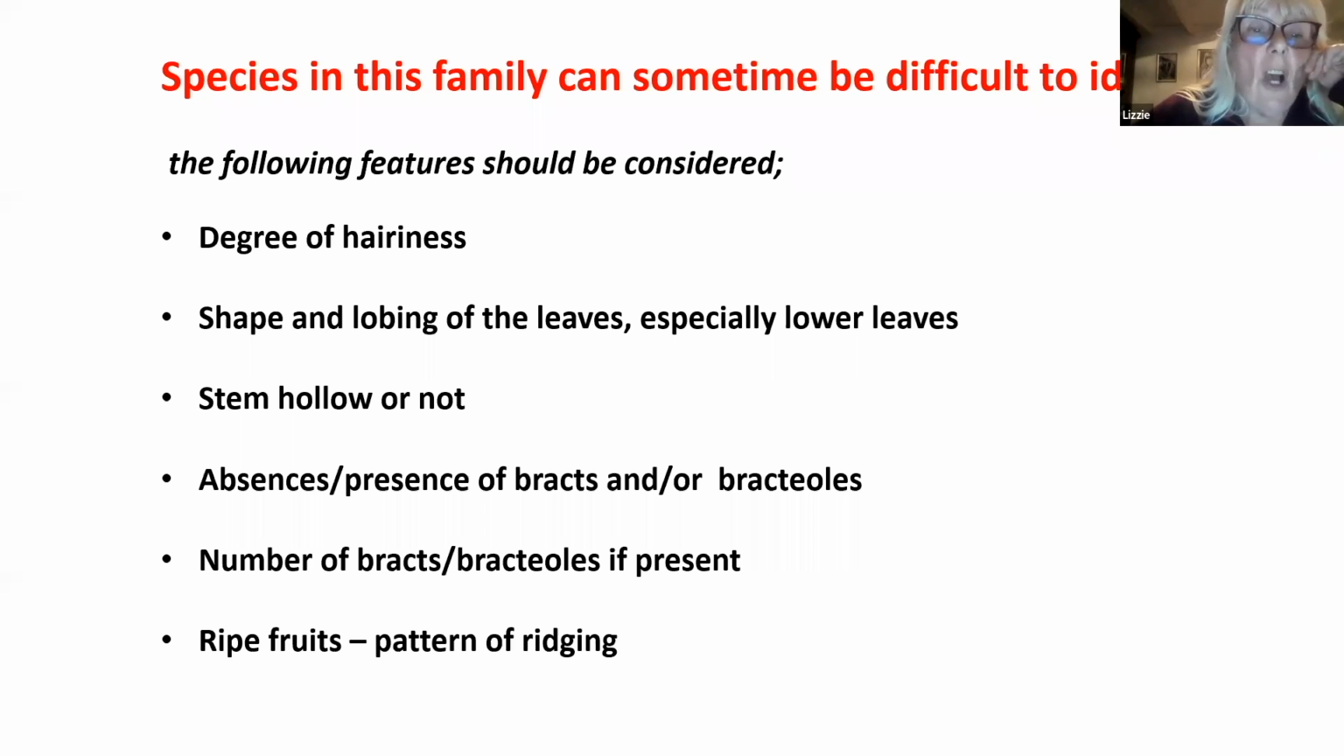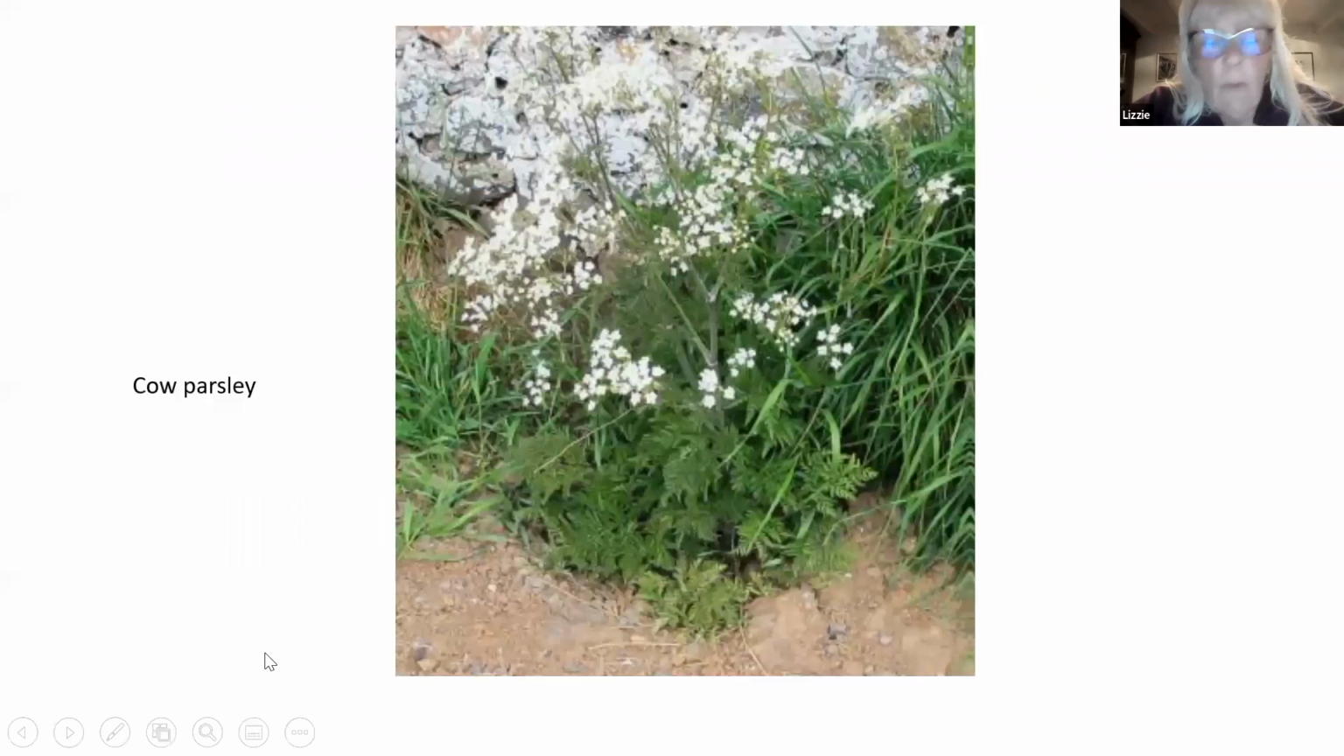The stems are usually hollow, but occasionally they're not. Whether there are bracts and bracteoles present on the flowers. If they are present, how many? But most of all, the ripe fruits and the pattern of the ridging. That's very important in identifying,